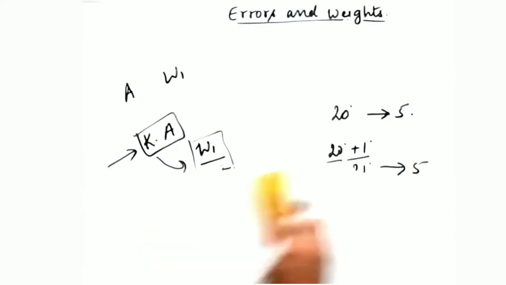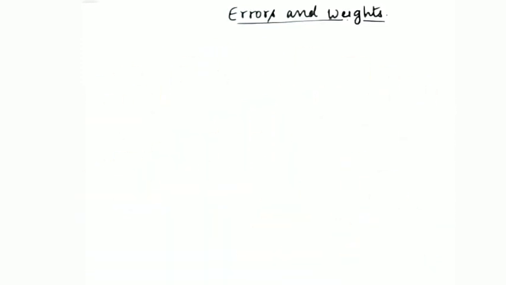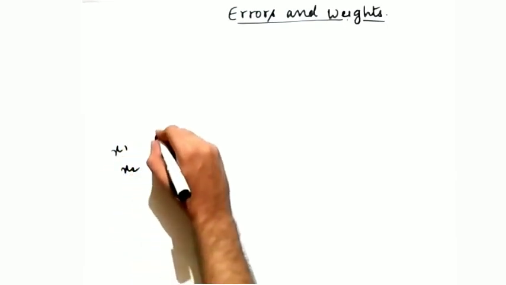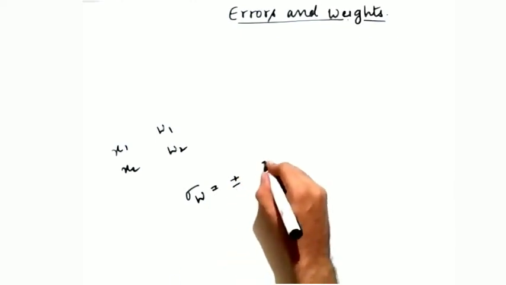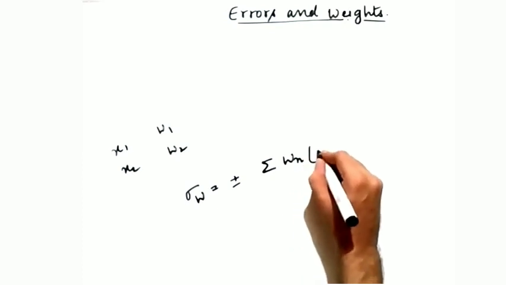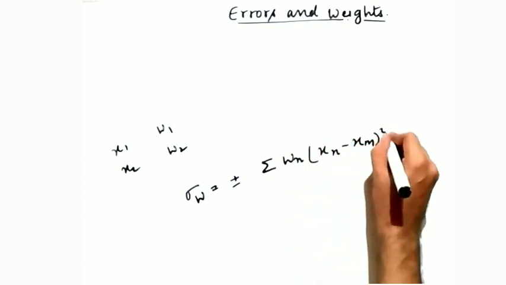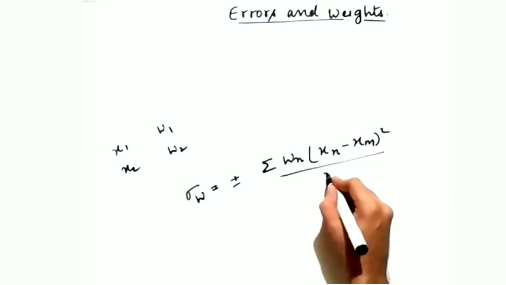Now last but not the least subtopic in this is how to calculate the standard deviation and variance of such cases in which along with the quantities their weights are given. Suppose x1 and x2 are given and their weight is W1 and W2. Now if I ask you the standard deviation, since the weights are given, you cannot calculate the standard deviation in the manner you used to calculate earlier. Now in this case, you will represent standard deviation with sigma w and it will be equal to plus minus square root of sigma wn times xn minus xm square divided by n minus 1.